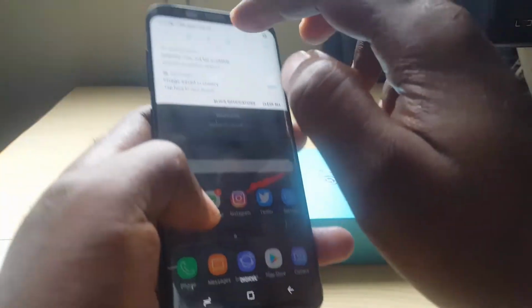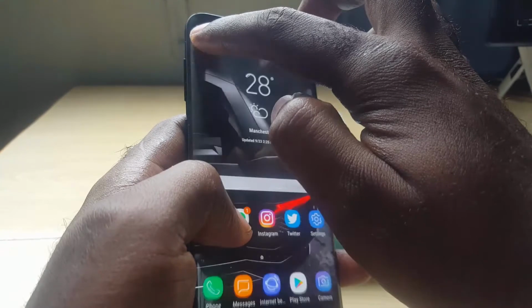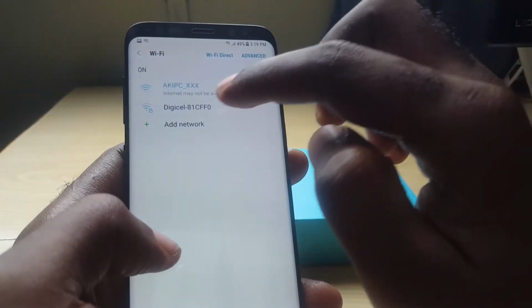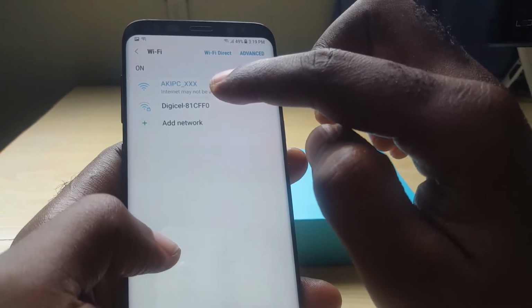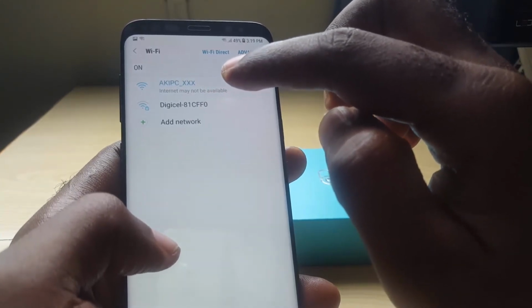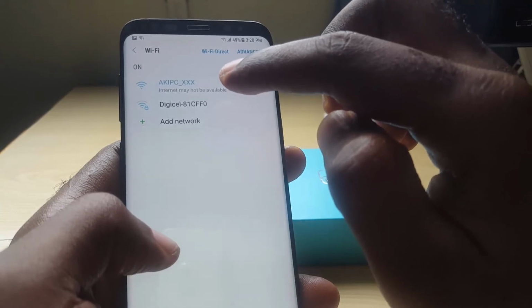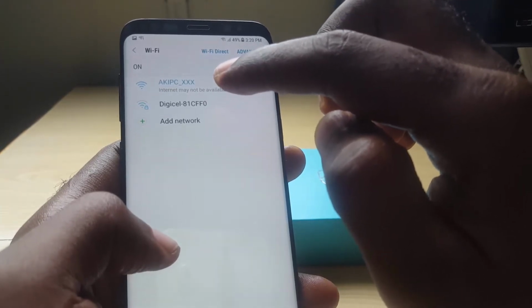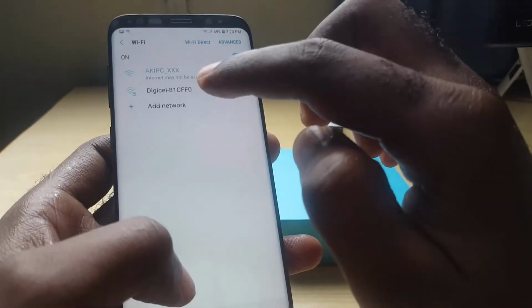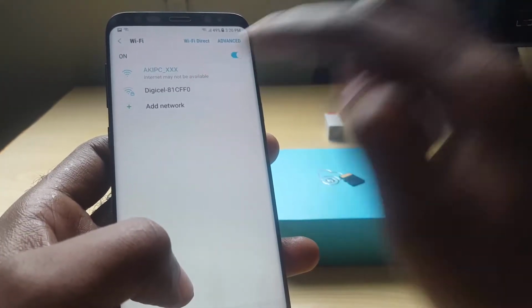Once you turn on your Wi-Fi, you're gonna see a bunch of stuff. The camera should appear as this one up here that says AKIPCXXX. Now quick note, you cannot connect to the app while you need the internet connection, which is something they didn't explain. So what you have to do is, at first, do not connect to the camera at first, which